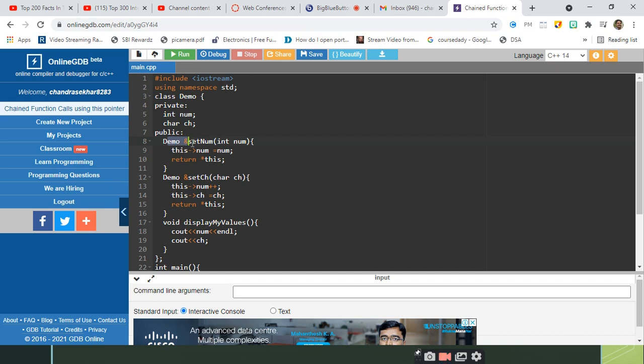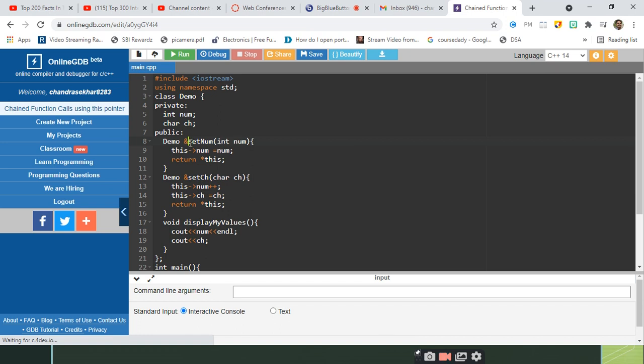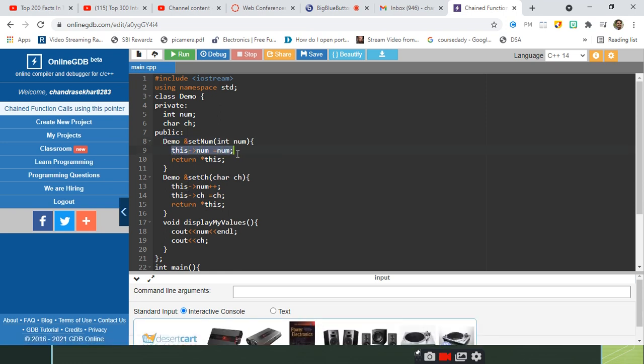I am using the function called setNum to set the data member num, and I am using the function setCH to set the value of ch, which is a data member of demo. So how many parameters is setNum accepting? It is accepting only one parameter, that is num, and it is returning the address of the class.